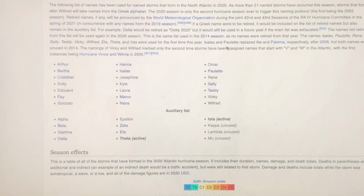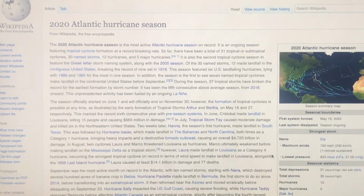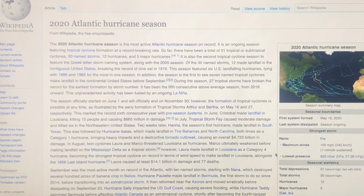So there is still lots of potential for multiple more named storms in this year's hurricane season, which is not what any of us want to see or hear. It's really upsetting and annoying to hear, and really stressful for most likely a lot of people. But in any case, this has been my update for Tropical Storm Iota, which has now